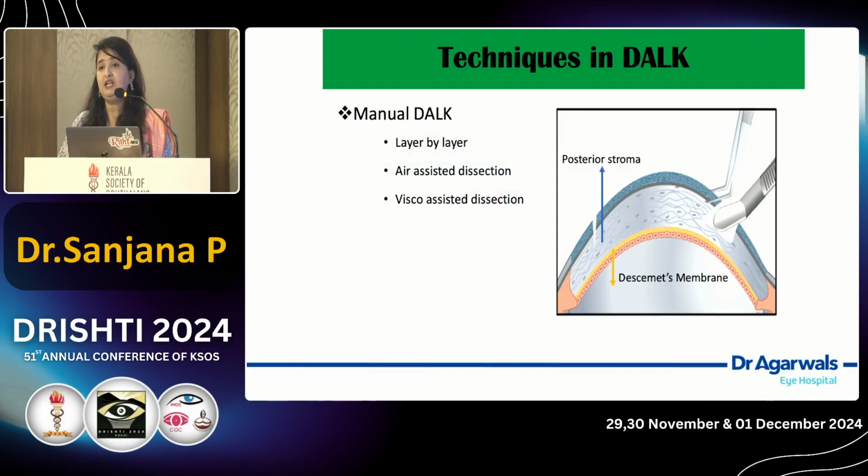So DALK techniques are divided into the manual DALK, a layer by layer technique. This is normally safer for beginners because we can decide the depth up to which we are going and the perforation chances are very, very less. Now, to have a much better visual acuity in the patient, the Big Bubble Anwar's technique